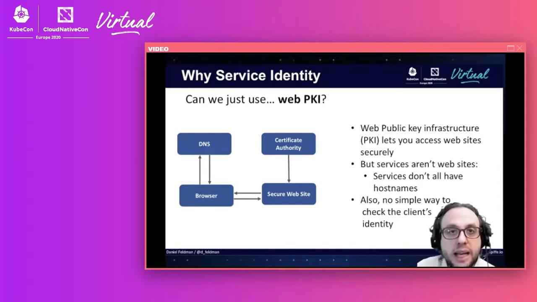So Web PKI is really about establishing a strong binding from the DNS name of a service to the actual service itself. Unfortunately, internal services typically do not have an individual, globally recognized DNS name. You might have a service with thousands of copies. They might all have different host names. Or you might have one service that only has an IP address. It doesn't have a host name at all. Even if we could solve that problem, there would be no way for an instance of a service that's just starting up to find out its own identity. So Web PKI just doesn't fit well with solving the internal service identity problem, and we don't see it used very often for that application.